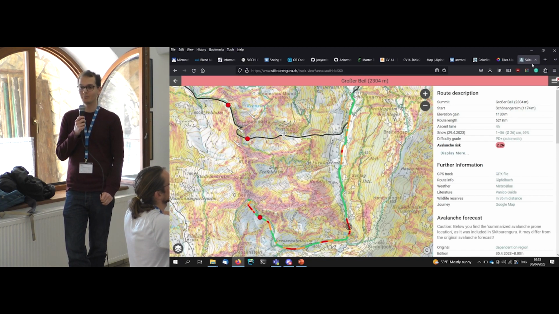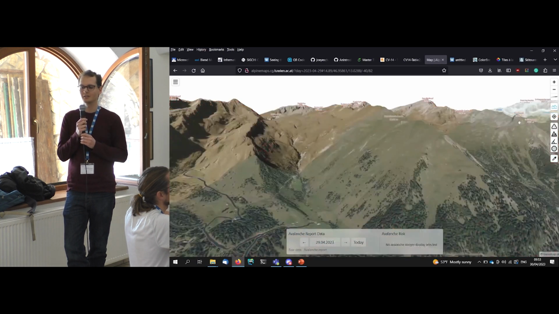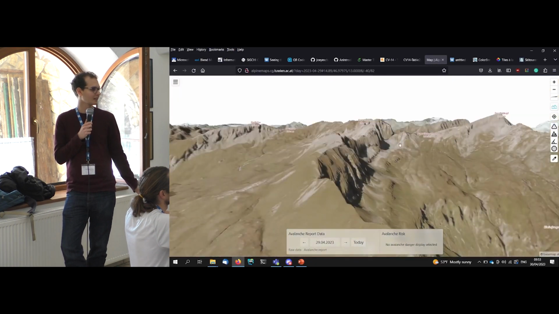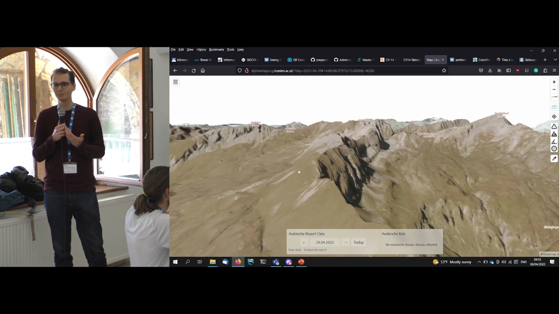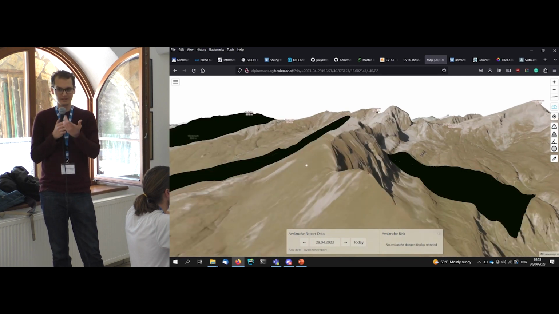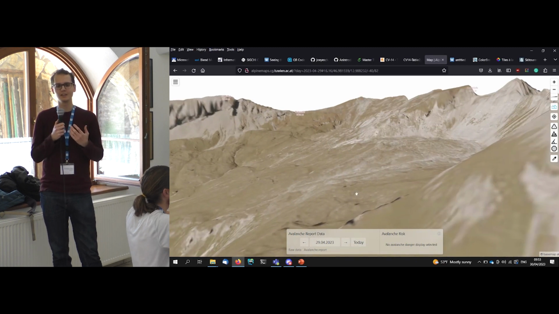So what we can, for example, use it for is to estimate where there are trees, because we can subtract the two models from each other and then have a bit of the tree coverage information there. I'm also currently not using that, but potentially could be using that because it also has an influence on the avalanche risk. But yeah, as you said, the snow cover information is kind of implicitly encoded in this avalanche report